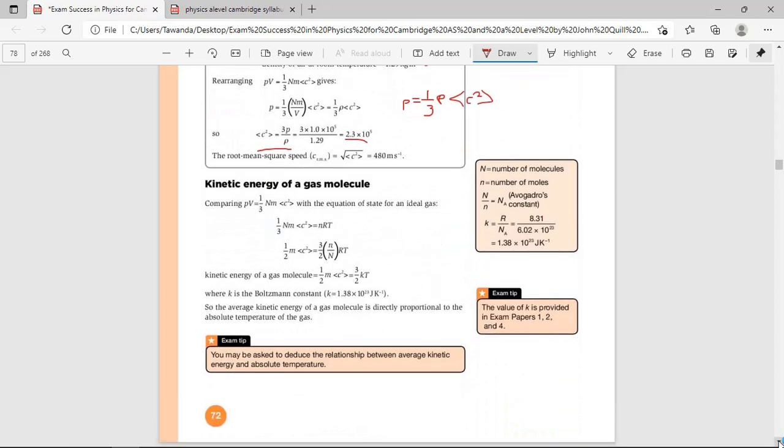So that is it. Then you can say kinetic energy of a gas molecule. Comparing PV = 1/3 Nmc² with the equation of state, because the equation of state always says PV = nRT. So again, we have this equation, PV equals this. If you equate the two, after equating the two,